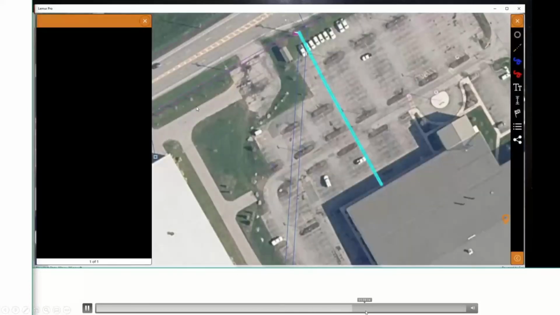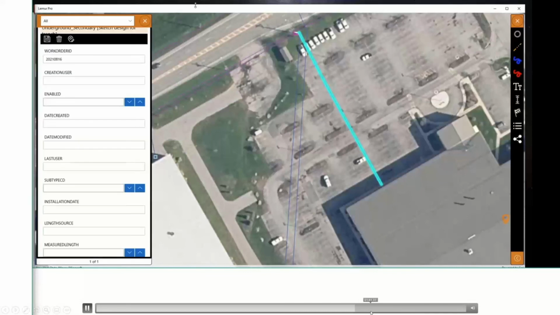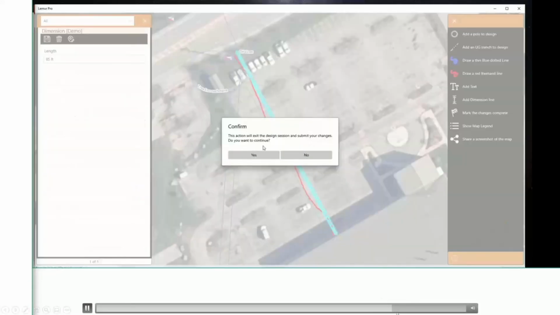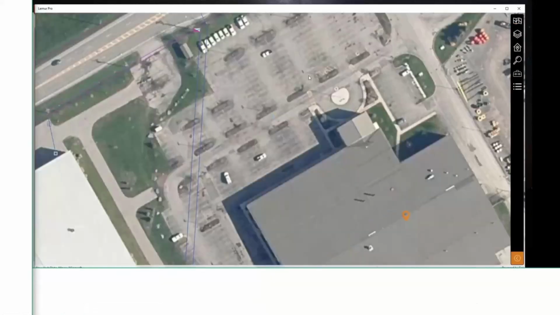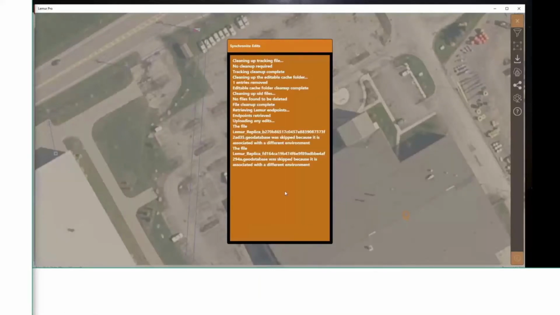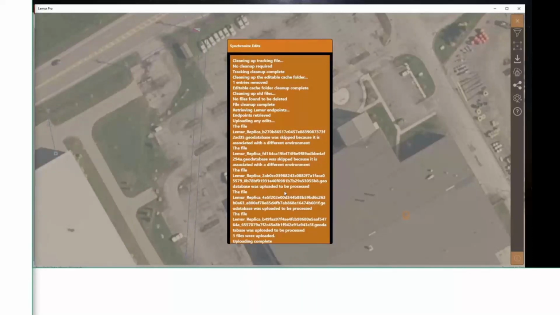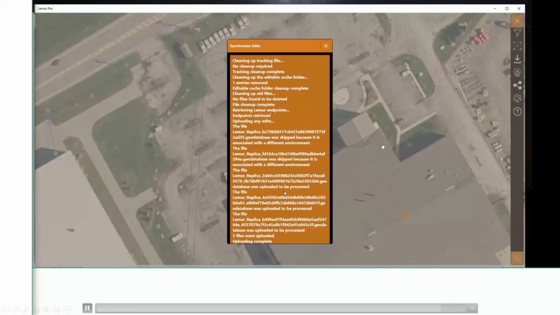In the same fashion, there are quite a few tools available to capture the location of proposed range and additional attributes of that range, do markups, do dimensions, and once the fieldwork is done, the synchronization goes back to the design container,